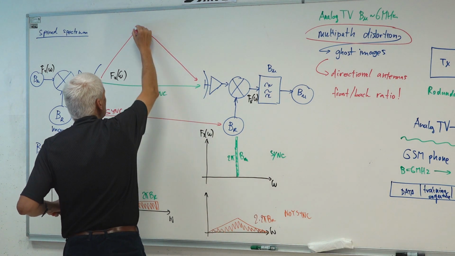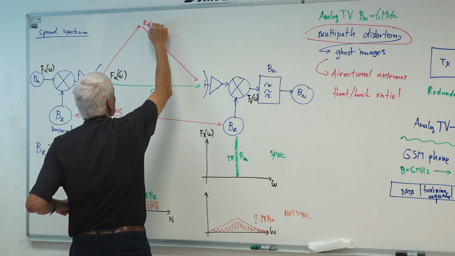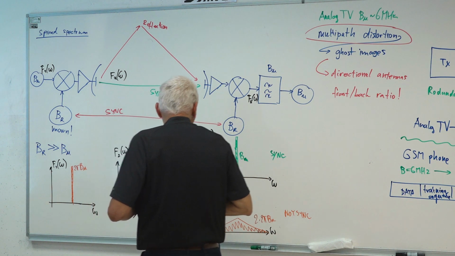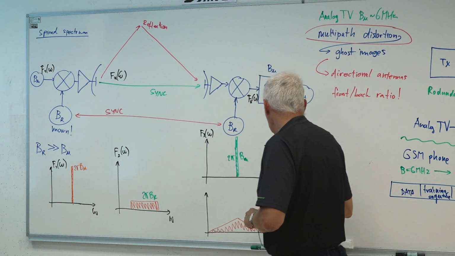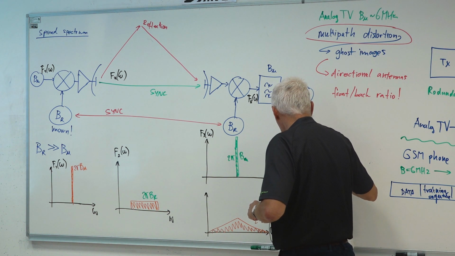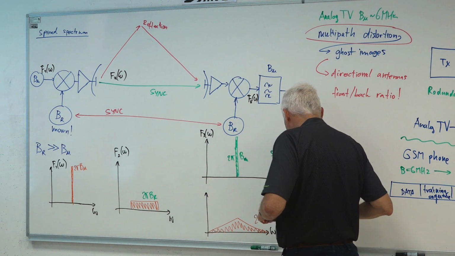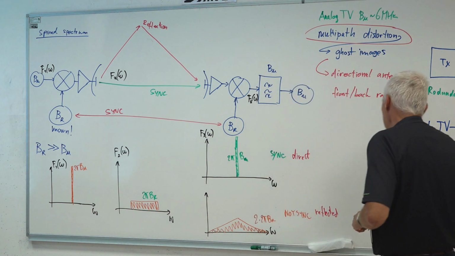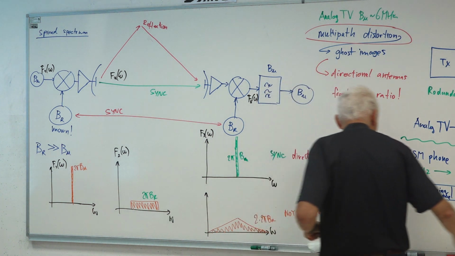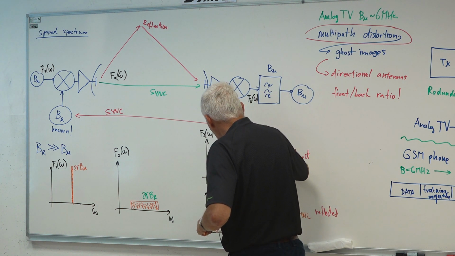Because it's additionally delayed, the reflection is not synchronized, so this is actually the reflected signal. So direct, reflected. And if I now go through a narrow filter here, this narrow filter, B user, will actually filter out